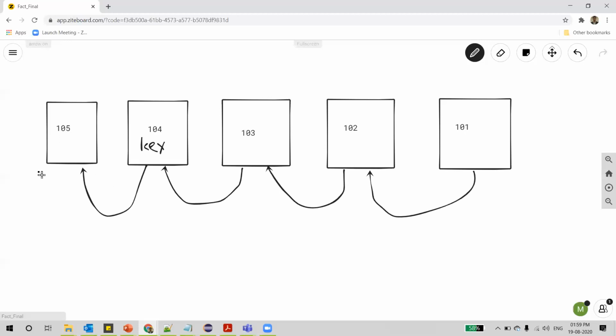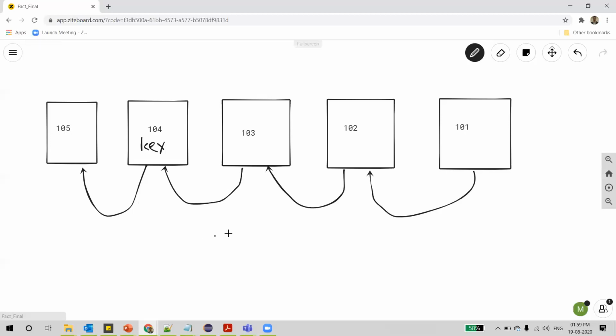So what did we do? Even though we wanted to open 105, we actually went on till where we could find the key for each number, and finally we opened the room we needed. This is how, in the same way, recursion works. Now let us see how it works.